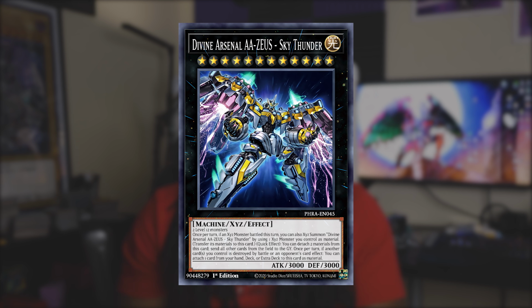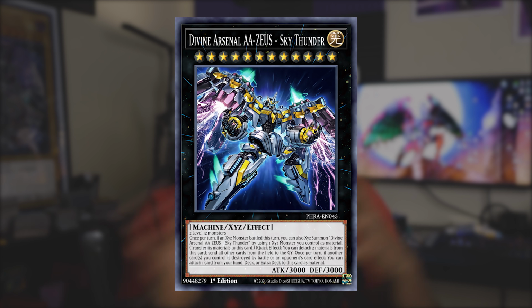Divine Arsenal AA-ZEUS is normally a culprit, being able to reduce its attack to 0 and prevent your opponent from responding with Zeus's effect. Magnifico! Giant Starfall is also a card that's searchable through Trap Trick and Lady Limit,